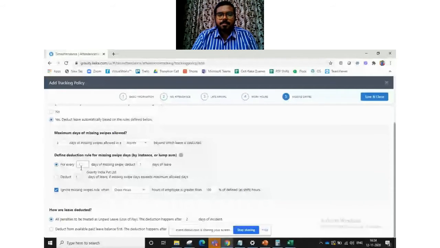I'll explain this. For example, you have given 3 days in a month, the employee can miss his swipe. So if I am doing it for the fourth time, the system will detect it. Let's say I'll make this 2 days.